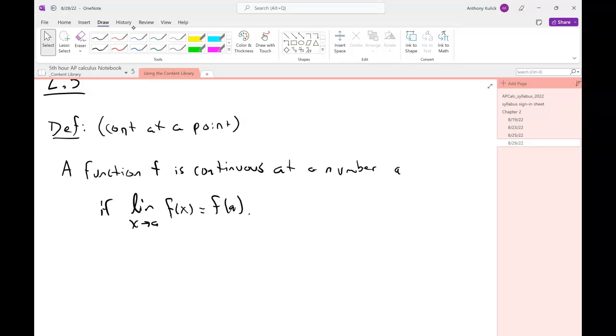The number has to be continuous. So it implies a is in the domain of f of x. And